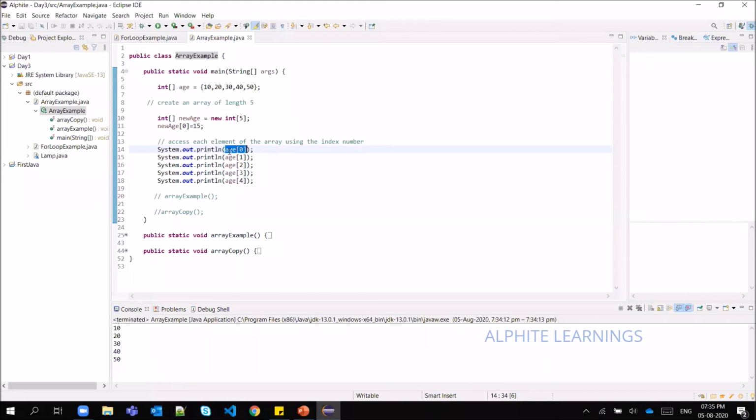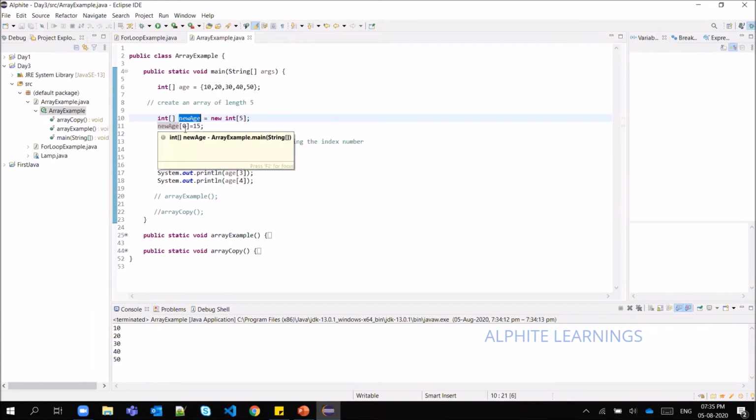In the same way, you can change the value of age of 0. I have one more array called new age, which also has the capacity of 5. I want to give the first element the value 15, so I am assigning new age of 0 equal to 15.